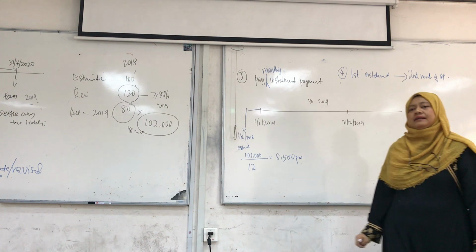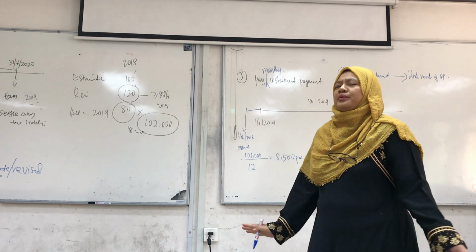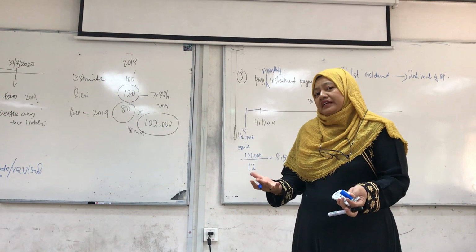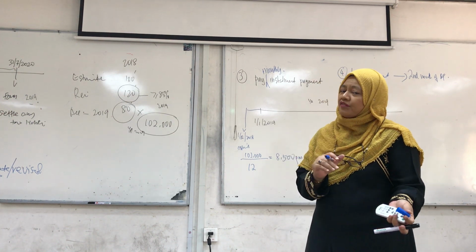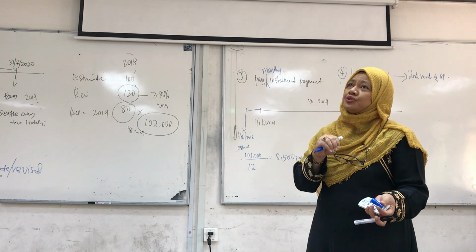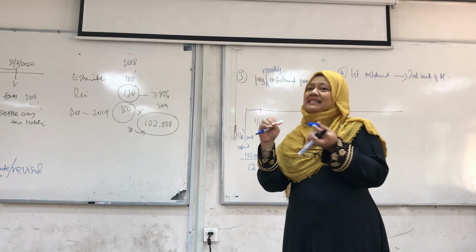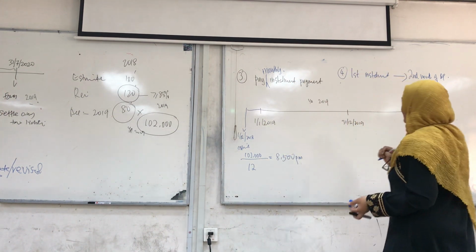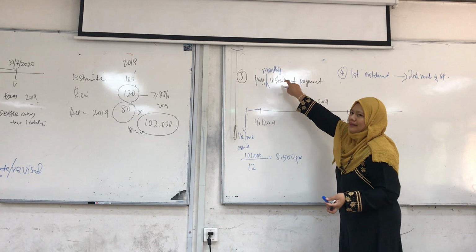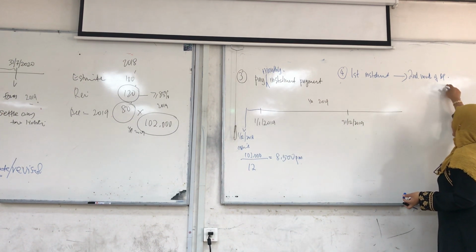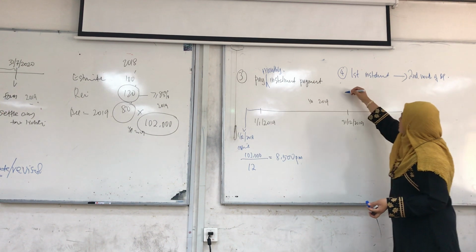Why do we say second month? Why not say pay in February? Yeah, because the year end of a company is different. If your year end is 31st December, of course your second month is February. But if your year end is 30th of June, your second month is August. Right? Alright. So one is that you have to pay installment on a monthly basis, and then the first installment starts on the second month, and each installment, number 5,